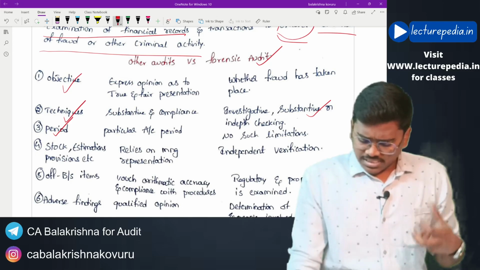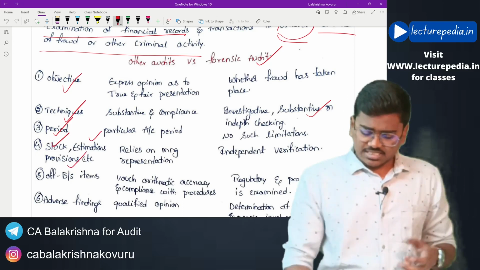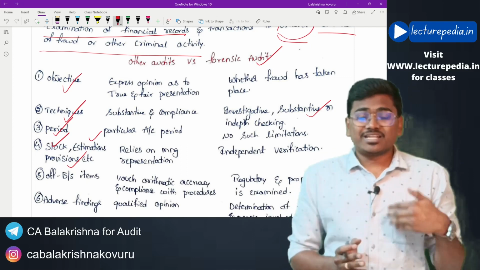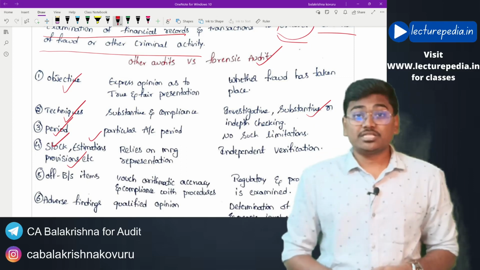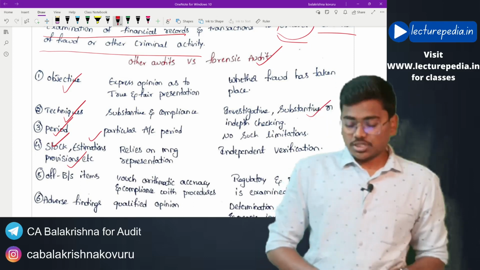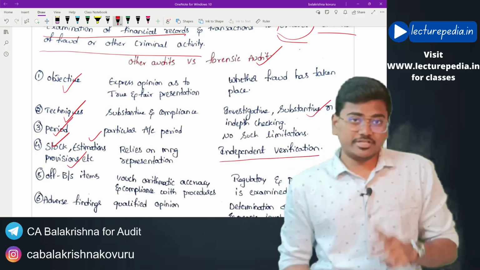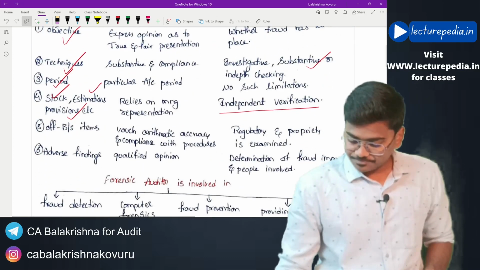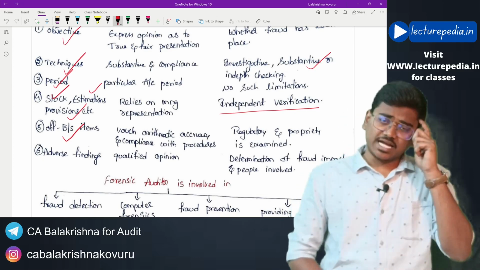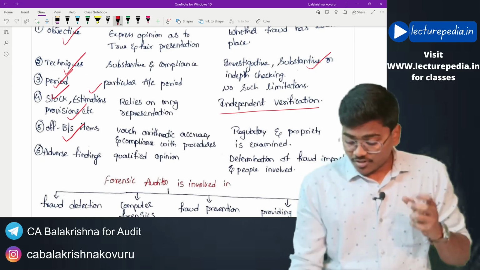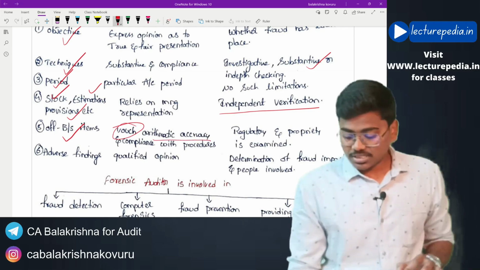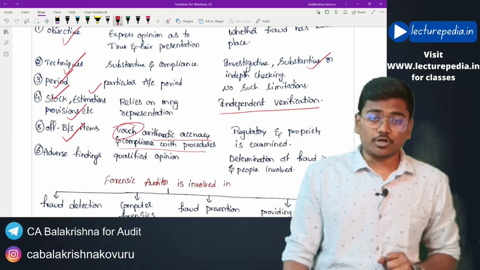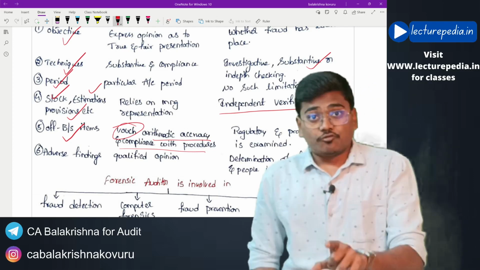And in case of stock estimations and provisions present in the financial statements, the financial auditor will rely on the representations made by the management, whereas the forensic auditor will perform independent verification of those items. And coming to off balance sheet items, the financial auditor will watch the arithmetic accuracy and compliance with procedures, whether all the procedures have been followed or not,